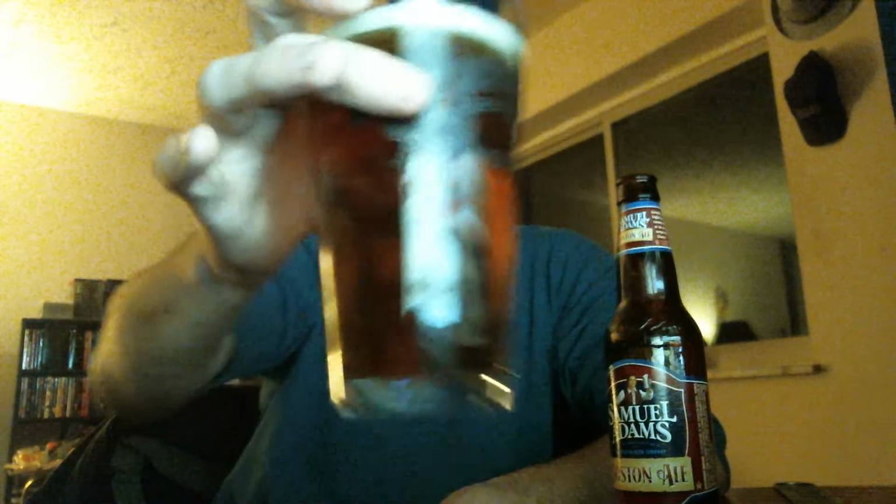And since the head has gone down, carbonation is very, very lively in here. I don't think you're going to be able to see it, but that head does have a tad bit of coloring to it. Other than that, it's just an off-white eggshell kind of color, very nice and flat up on top. With that carbonation, it should actually hold the head fairly well. But as for aromas,